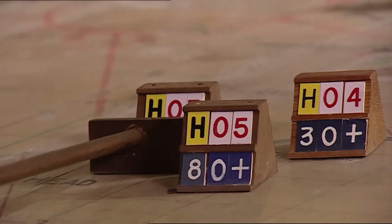24, 50 plus, speed 44. Northwest W for William,